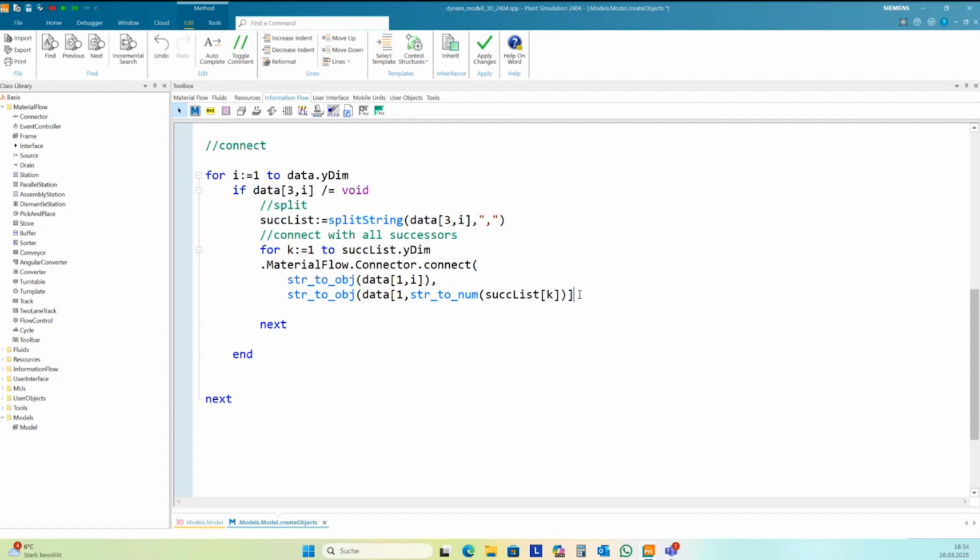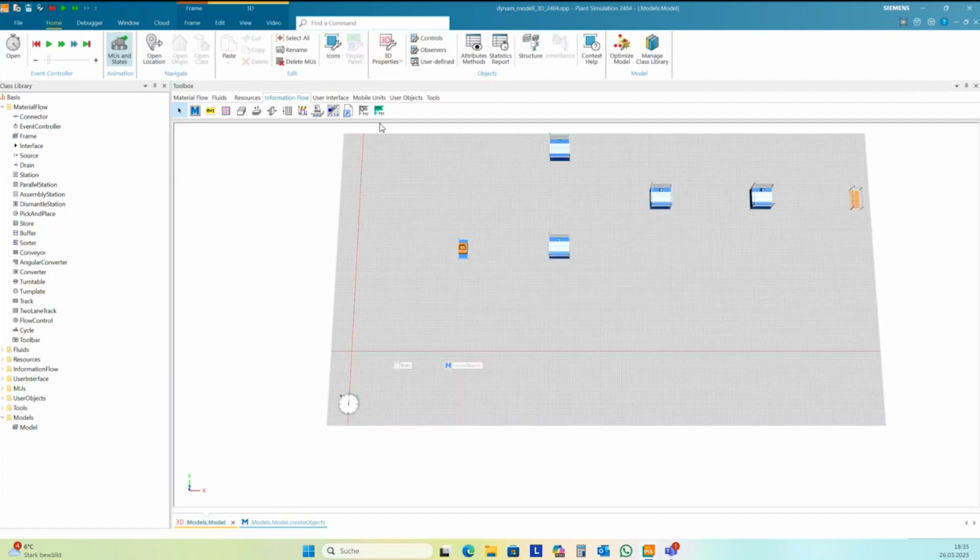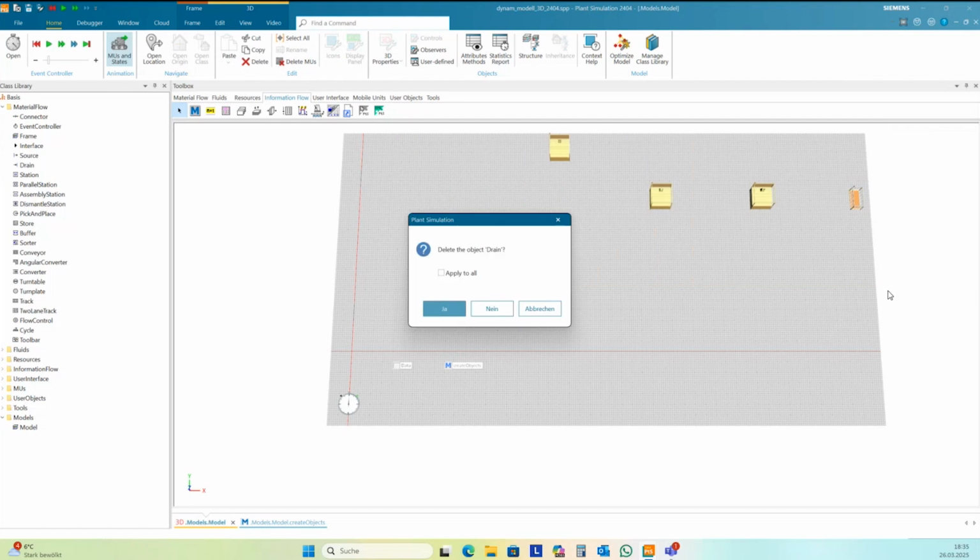And then connect. Then there are 2. Yes, there's another split string to num here, and then you can create directly an array from data type integer from this, and then it becomes easier to read. Okay, let's try this. So again, I need to delete all this stuff here.